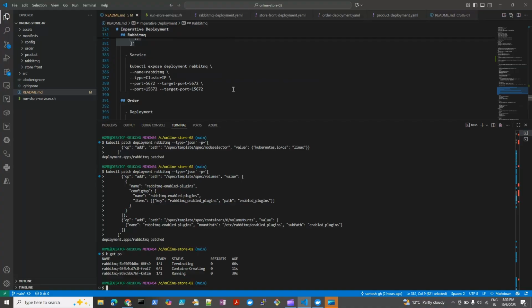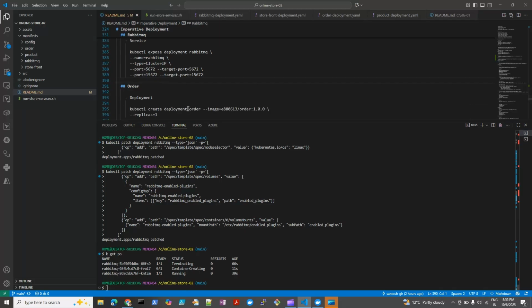Okay, next, create a service. So how can we create the service? We can use this kubectl expose. Okay, so this will basically expose this port number to the network. Whether it is internal or external, depending on the service type, it will expose to the internal or external. Okay,